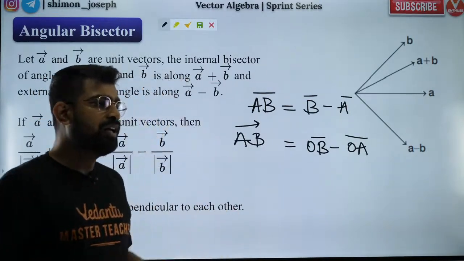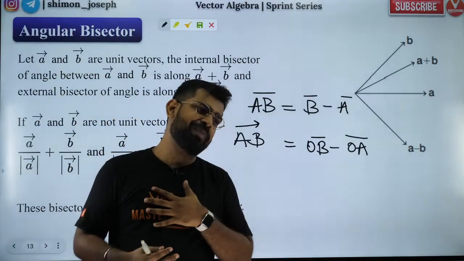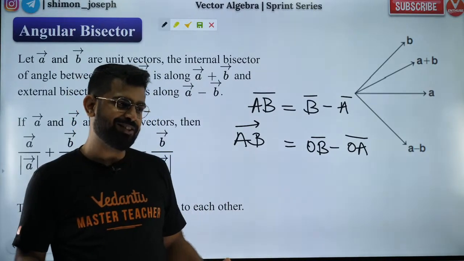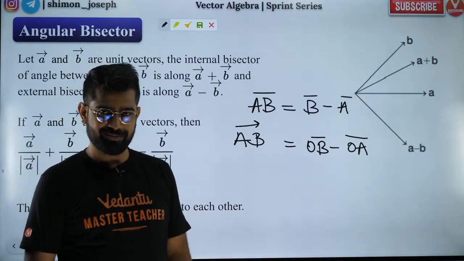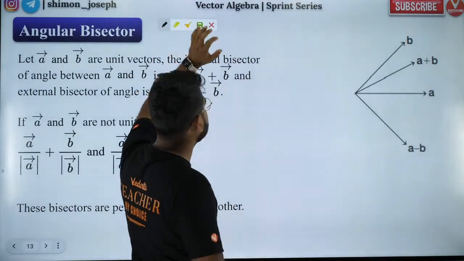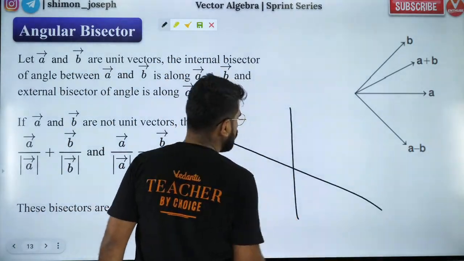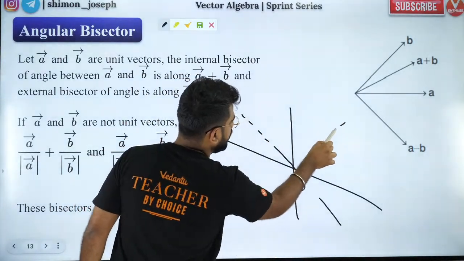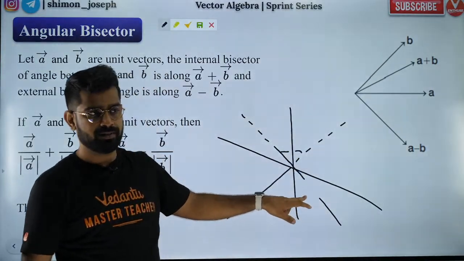Great. Can I find the angle between internal angle bisector and external angle bisector? The angle between them is 180. Okay, so internal and external, you don't have to worry about it too much. Actually, it's not 180, it's 90. Let's say you have two lines like this. This will be your internal angle bisector and this is your external angle bisector. You see the angle between them, it will be 90.